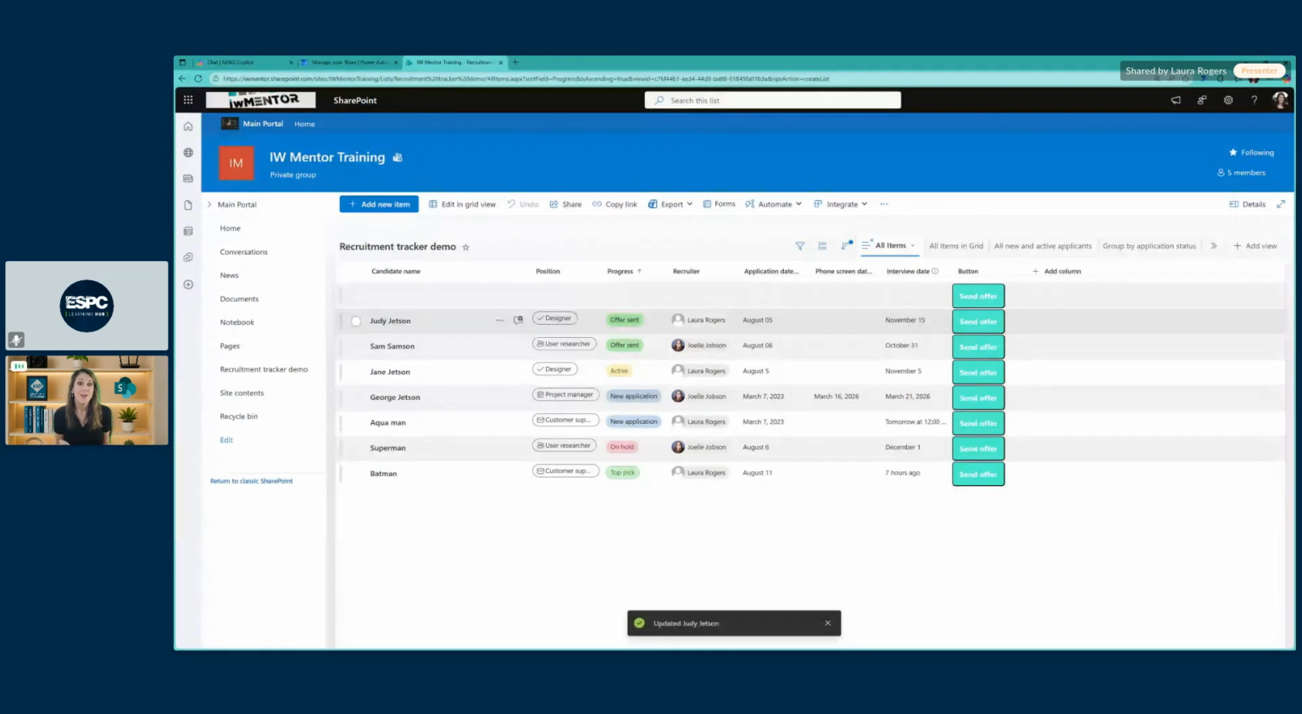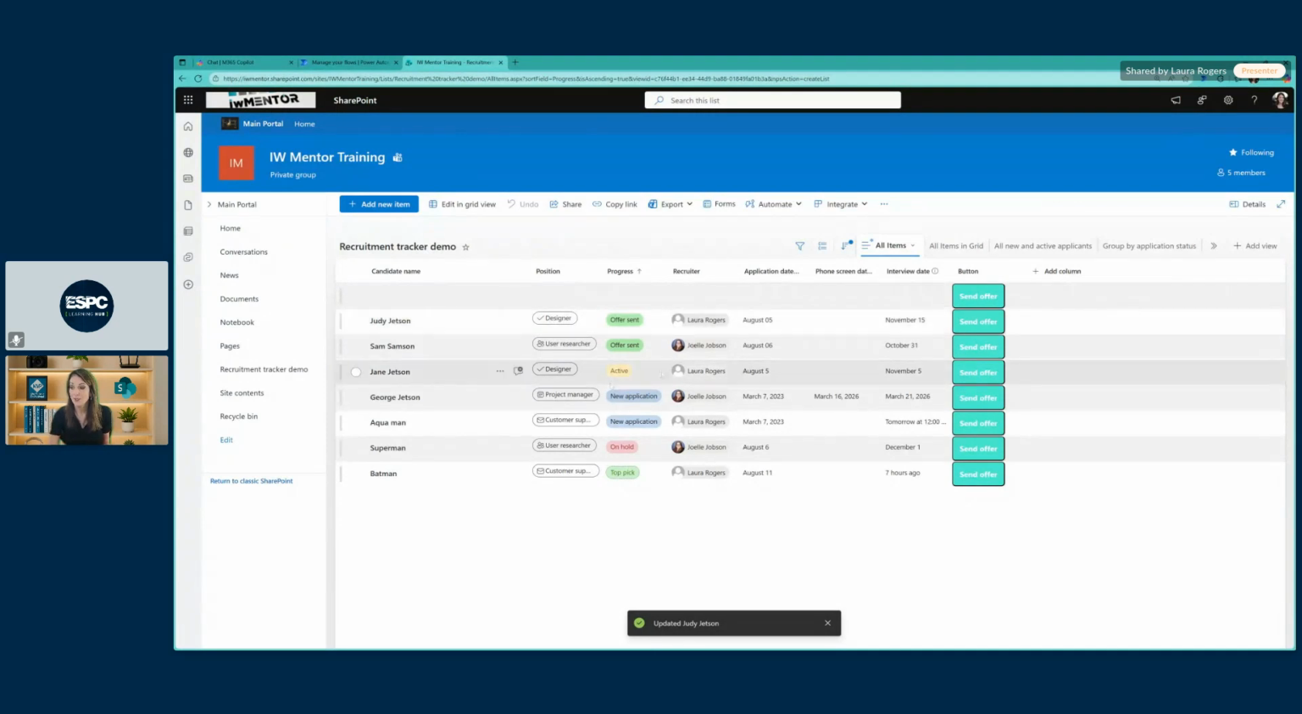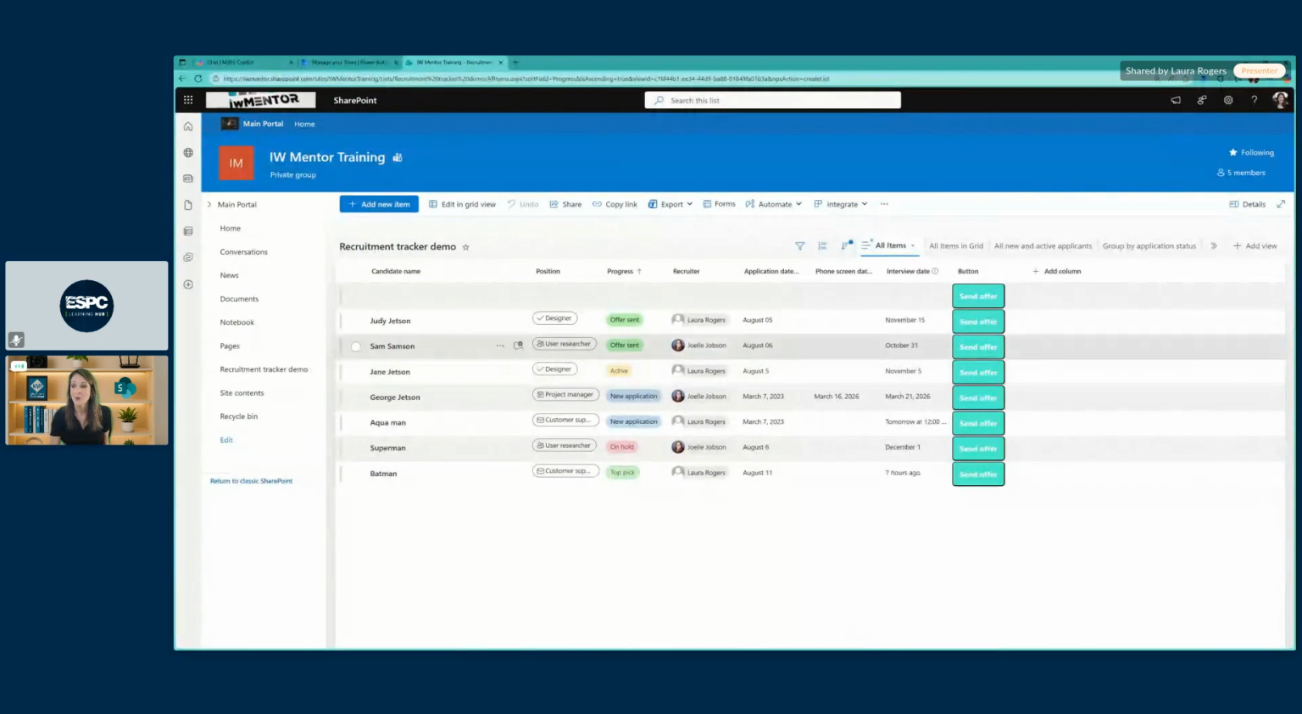So that progress column being changed to existing as offer sent is what is going to trigger the flow. And if somebody changes an item and the progress says active, the flow's not even going to trigger at all. So it's going to trigger the flow. The flow is going to kick off, and it's going to run, and it's going to look to see if